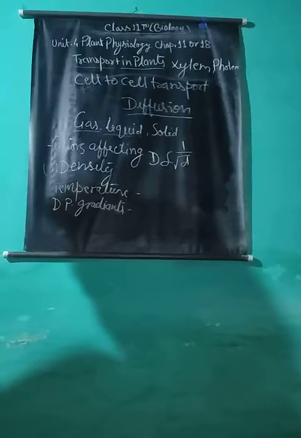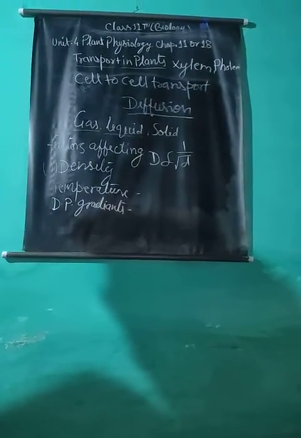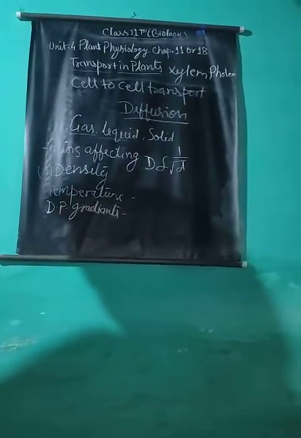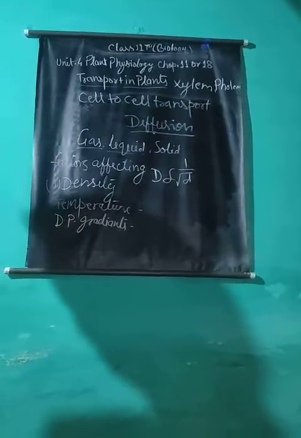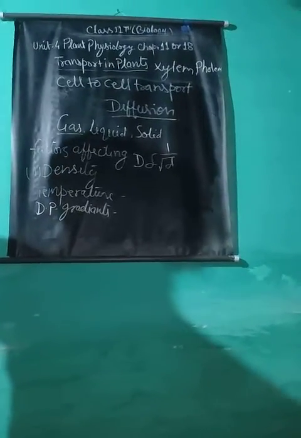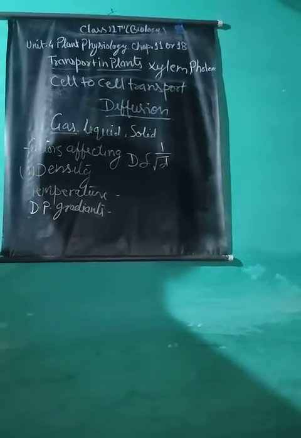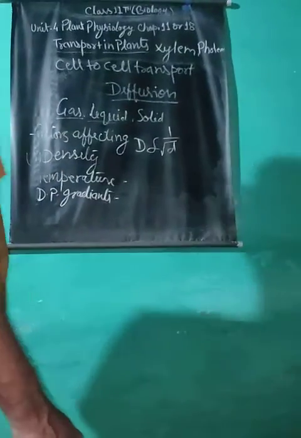The process of diffusion continues till the concentration of diffusing molecules becomes equal in the whole of the space available. As a rule, diffusion of one material is independent of the diffusion of another material. The process can take place simultaneously for more than one substance without affecting each other, with movement in all directions. Like air, which is a mixture of different gases, different gases have different concentrations in the air. According to their concentrations, they diffuse independently.